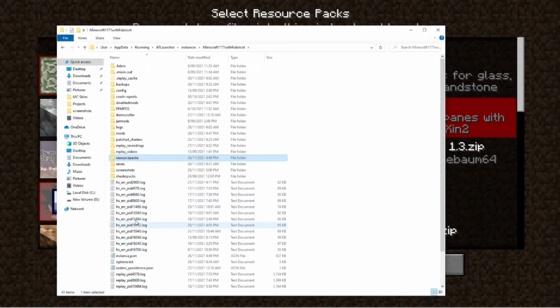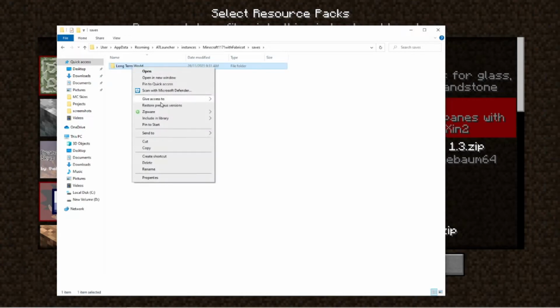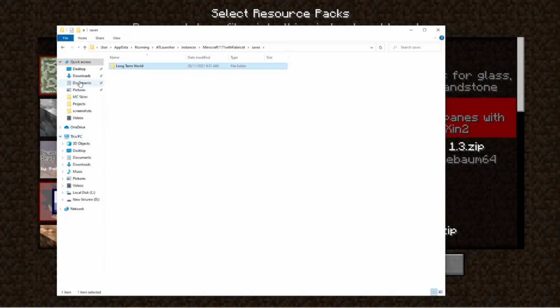Now in all of this stuff, some of this may look a little different. Ignore what is different for you, but what you want to be looking at is the save section. Now you can see that this is my long-term world save folder. Now if you want to convert that over to a different launcher or you want to do anything different with this, say you're upgrading to the next version, so this is definitely important before 1.18, make sure to back up your folder. Copy this, which I will do now,